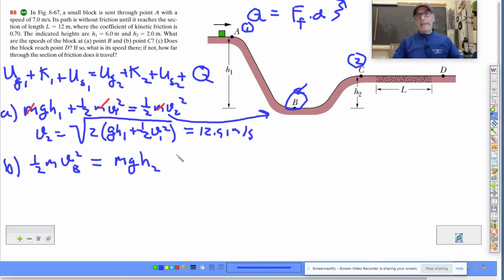Okay, if I started at A, it would be H1, and then we're at H2. So you almost have too much algebra there. So do yourself a favor, simplify things. So mgh2,